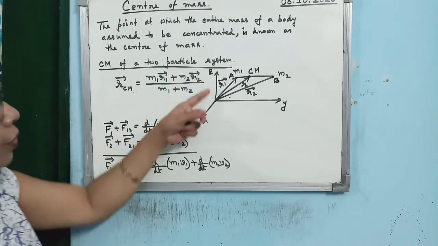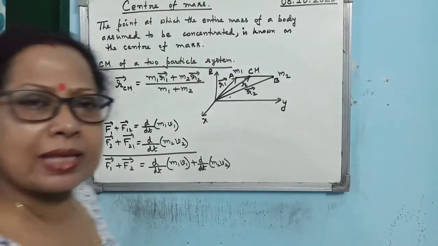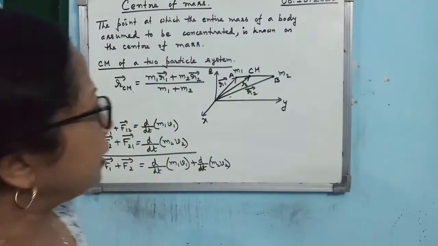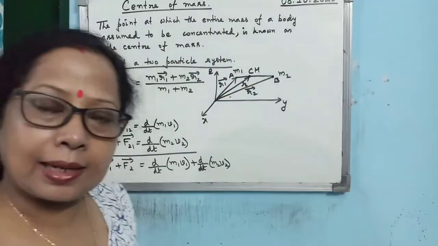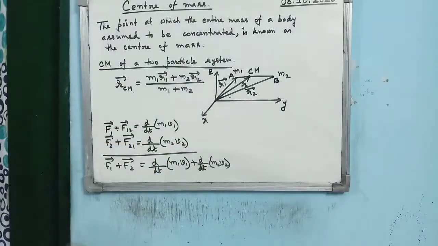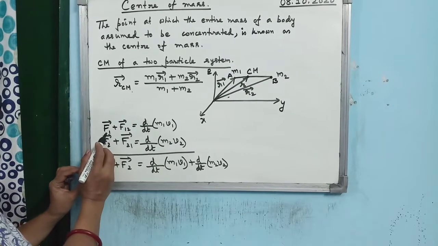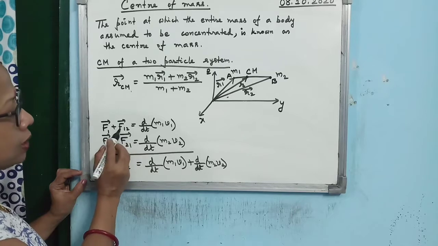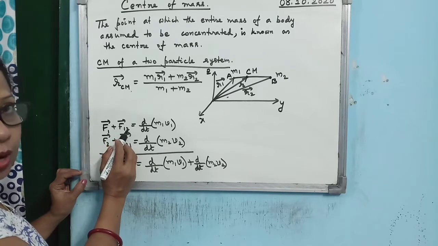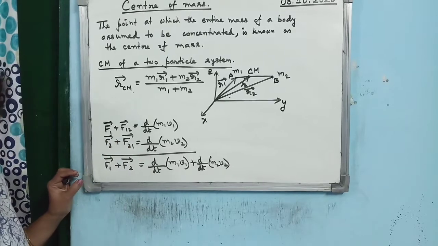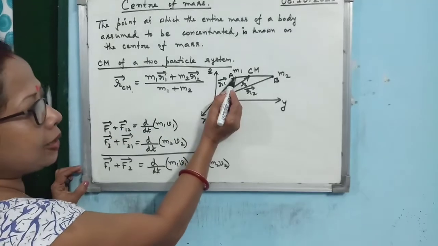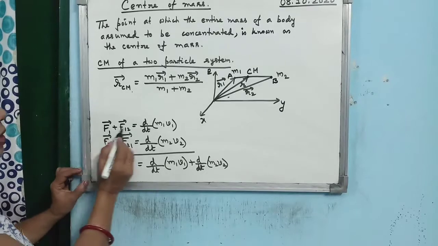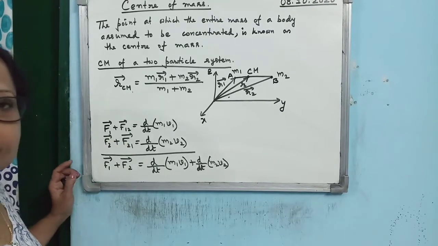Now how are we getting this? That we can do by simple formulae. Now if I consider that on the first particle, the net force acting is F1. F1 is the external force, whereas F12 is an internal force. Force on particle 1 exerted by particle 2 is F12. So this is the net force acting on particle 1.